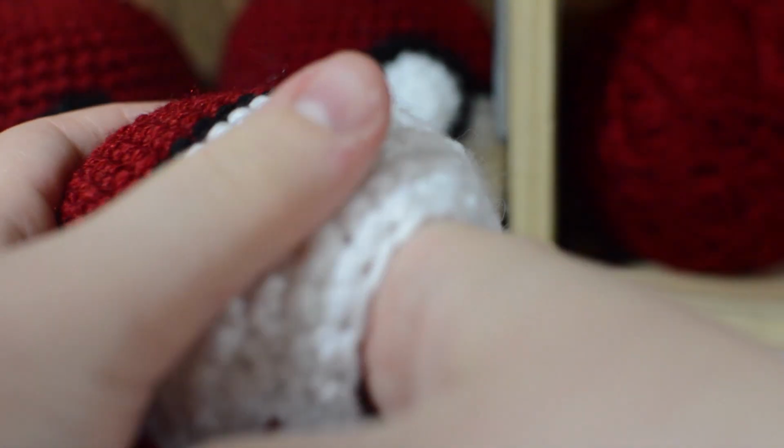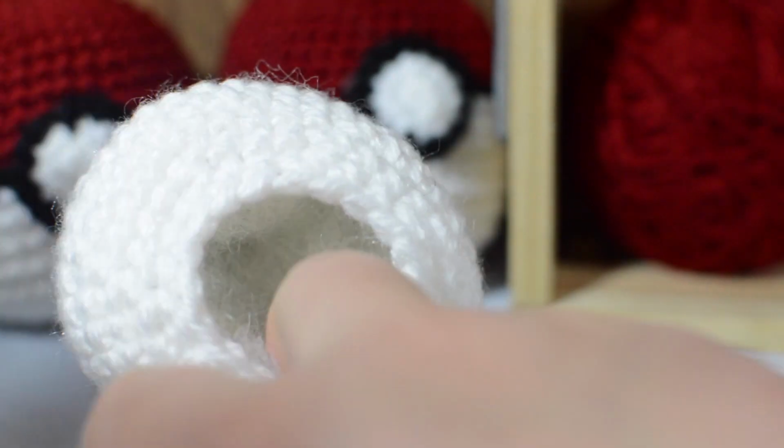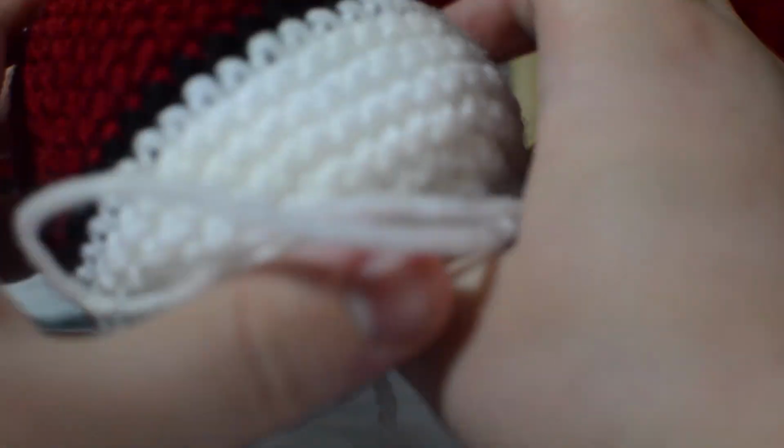So I have a little bit of stuffing in there already, and what you basically want to do is try to just get it in there as firmly and as evenly as you can. I don't like to ball things. I like to keep it all fluffy until I push it in there, and then I try to push it towards the center right there and basically go out from there. A lot of times I'll get it really full, and then I'll pull it towards the sides to make a hole in the center, and then I stuff more into the hole, if that makes sense. So I'm going to continue to get this to the fluff levels that I'm looking for,